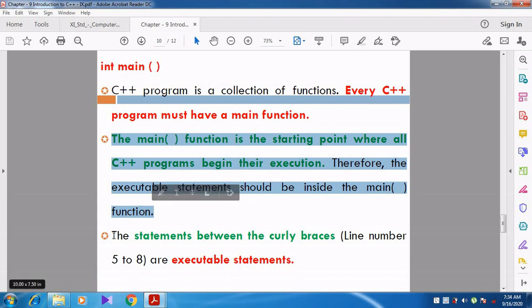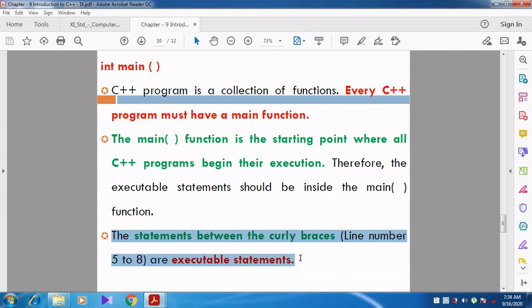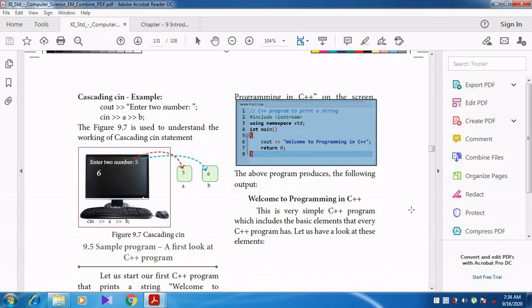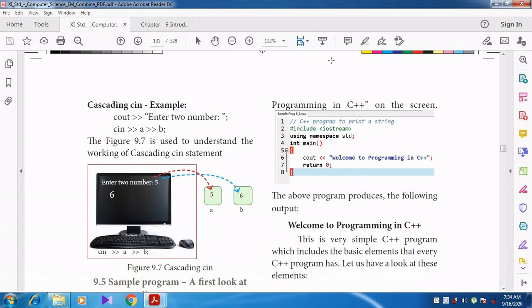Then what are the statements they have given between line number 5 to 8? See here, I will show you the book.